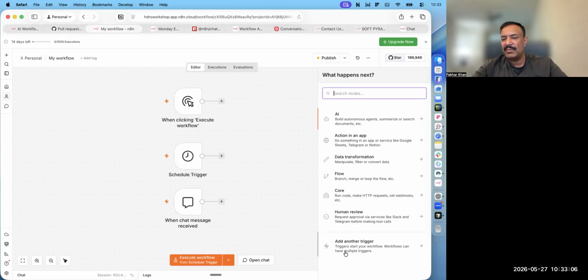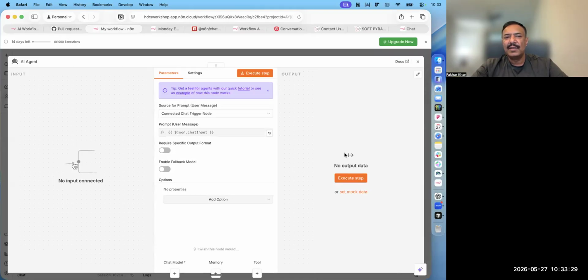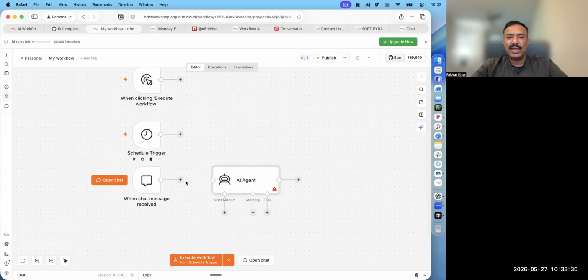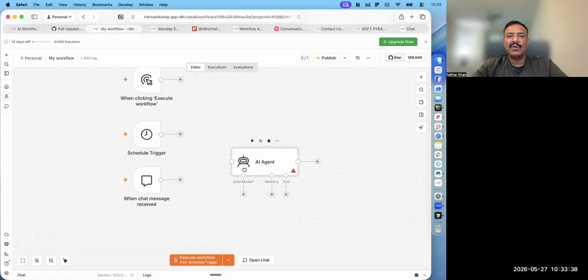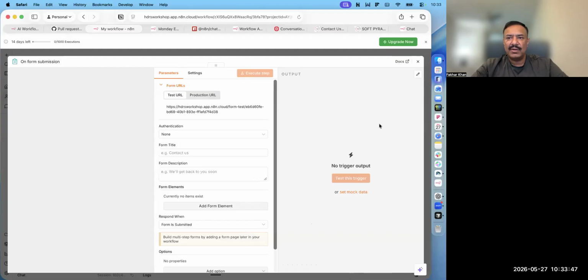and now we can see some other kind of information. And the step one, the trigger thing, is now just at the bottom, because that is not our requirement now. So for example, if we just go through the AI, just for the attraction part, and we just select an AI agent, it will come up with a node which can be actually connected with a chat node, or it can be connected with a manual node, or can be a schedule trigger node, as we mentioned. Like for example, if we have a form trigger, and if I just click here on a form submission,